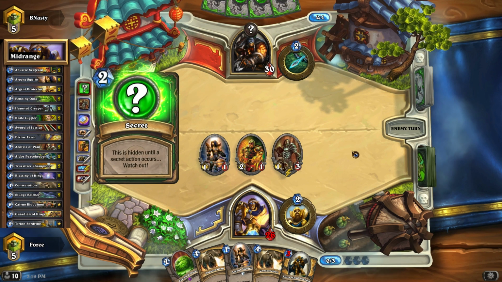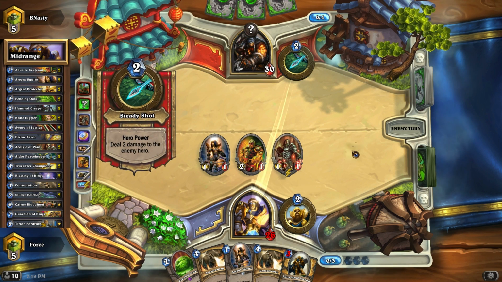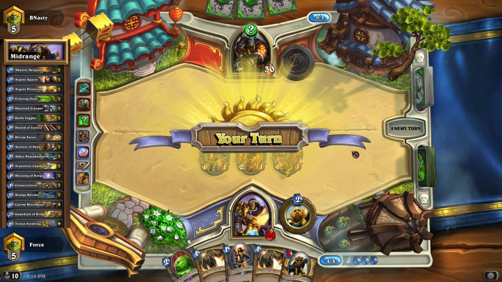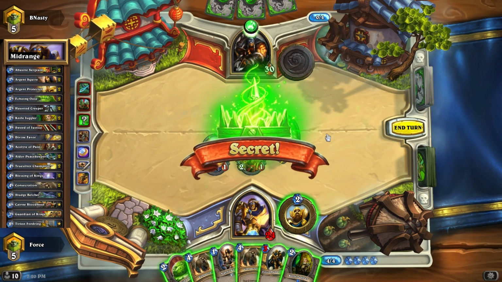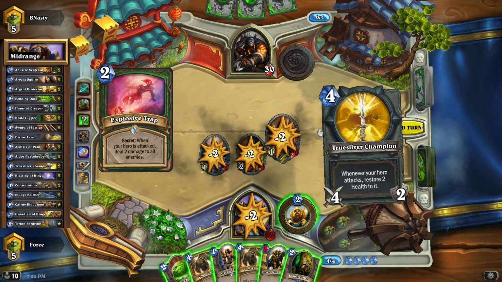Is that what he, oh boy. He's actually going to Hunter's Mark. Okay, well, that puts a kink in our plans, but frankly, I would rather him Hunter's Mark Acolyte of Pain than one of our bigger mid-game creatures that are much more threatening to him. So this is Explosive, so let's attack into it. He's going to pop our board, we're going to draw a card, and we've got a few decisions as to what we